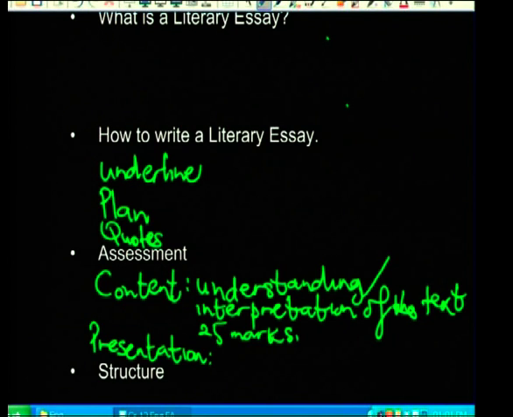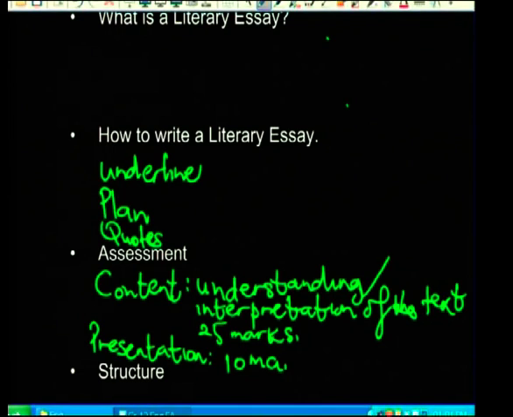Your presentation refers to the layout of your essay. We look at the structure, which I will focus on in the next section. We also look at the flow, the logical flow of your argument. The other important thing is your grammar, your punctuation, your spelling. That is all included in the aspect of presentation. So the presentation constitutes 10 marks. So you'll find that the total for this section is 35.